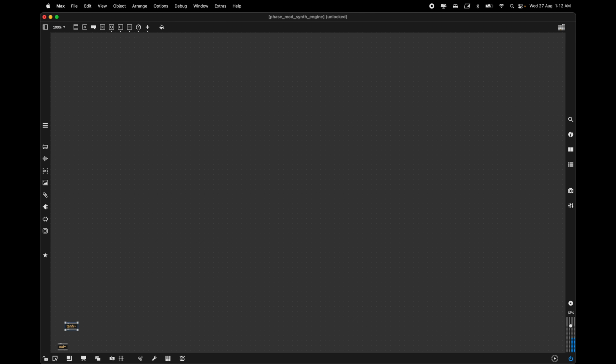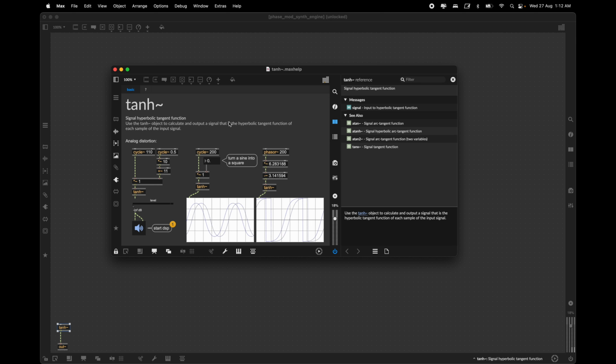I'm going to implement and add a hyperbolic tangent object. So that's tanh~. What that does is you use the tanh~ object to calculate and output a signal that is the hyperbolic tangent function of each sample of the input signal. Or in simpler terms, it imparts a sort of soft clipping, as you can see in these two scopes over here. So you have a sine wave, and then it's essentially being clipped into a square